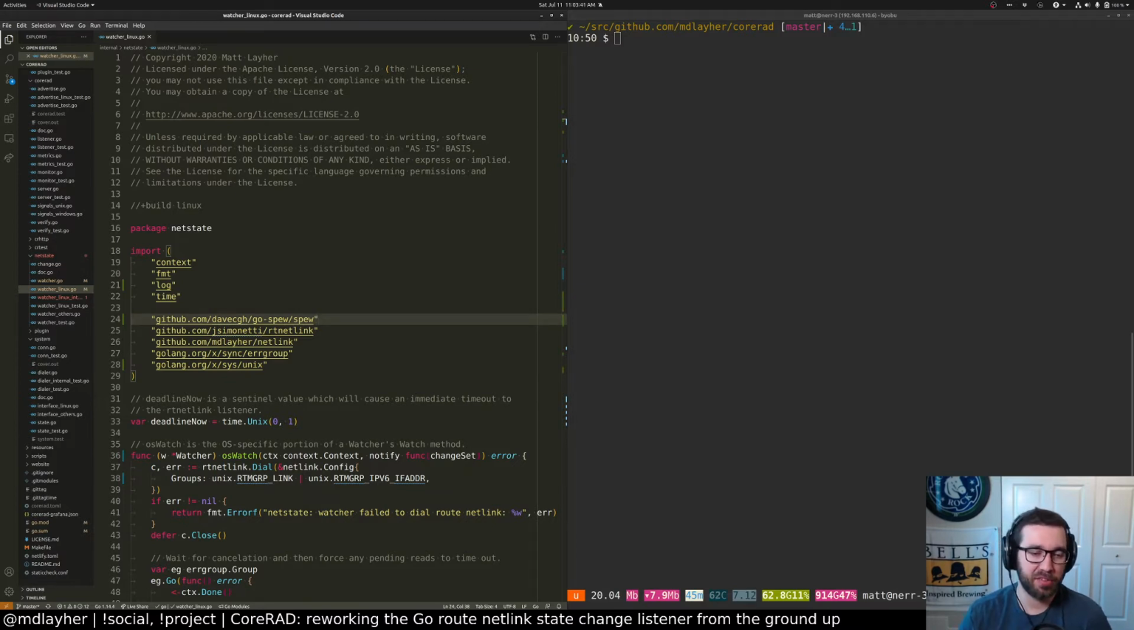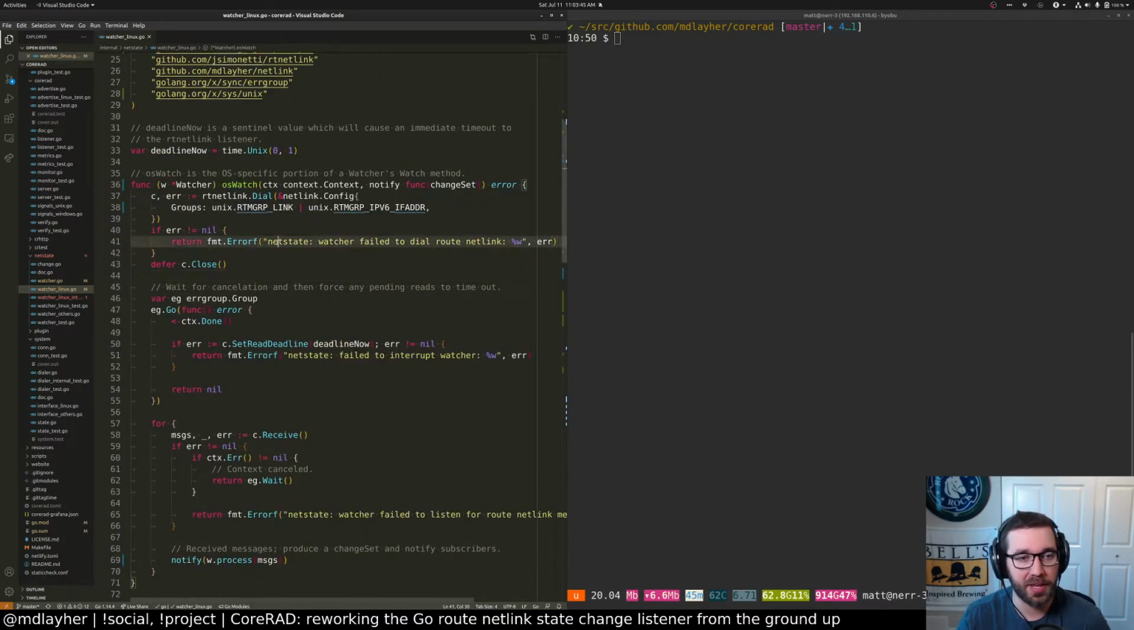At the moment, this only supports route netlink. Basically, the idea is we want to open a route netlink connection and listen for state changes with regards to links, which is your network interface, and then IPv6 addresses. So if the IPv6 link local address is not ready or is tentative,